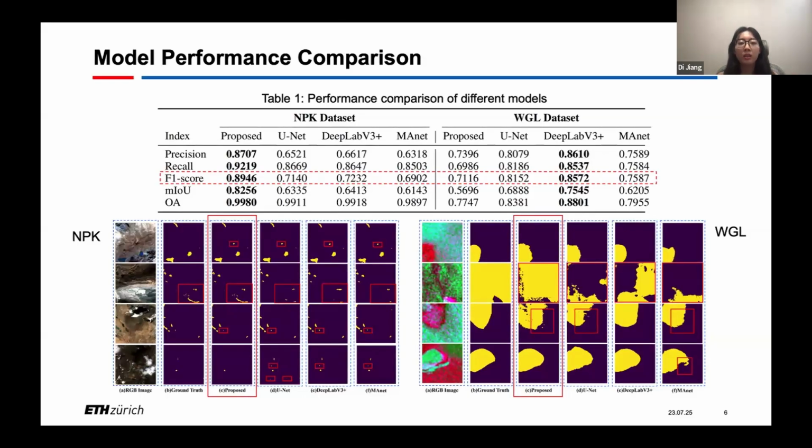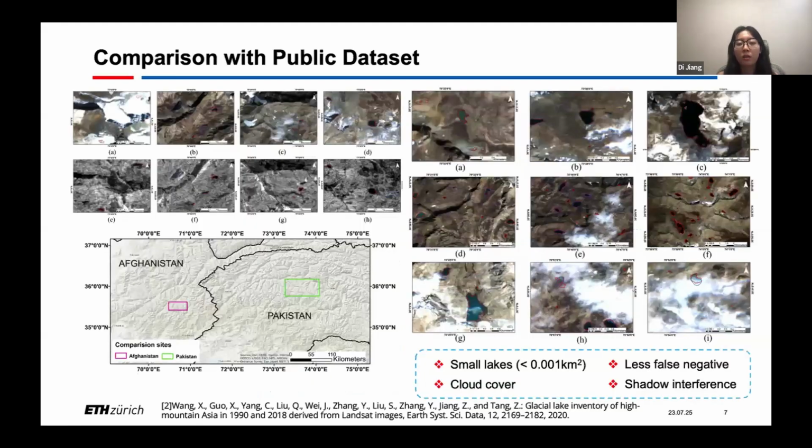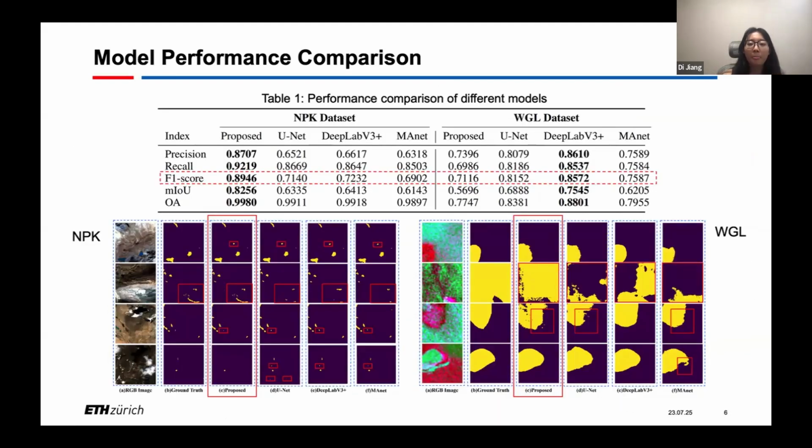And we can see clearly here we conduct a comparison of different models that we normally use in glacial lake mapping, including the U-Net, DeepLabV3+ and MA-Net. In the multi-sensor fusion NPK dataset, we can find that our proposed method shows the highest F1 score, but in the SAR-only WGL dataset, it does not perform so well.